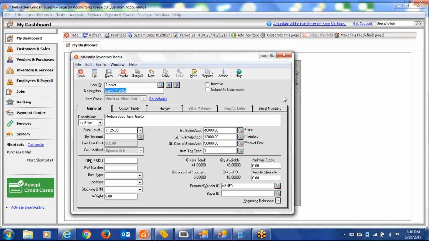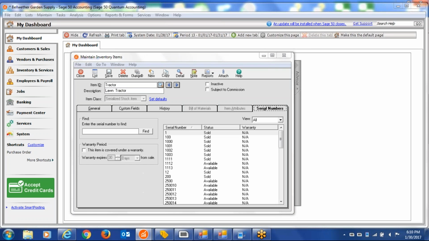Okay. So inside page 50, I've specified that my lawn tractor happens to be a serialized stock item. And I can give it warranty and all the other pieces inside page 50 that I want to. So if you haven't set those up, then they would be something that you would have to set up. And then there's a file tab called serial numbers. And on this file tab, it then says, here are all the serial numbers that I've either bought or